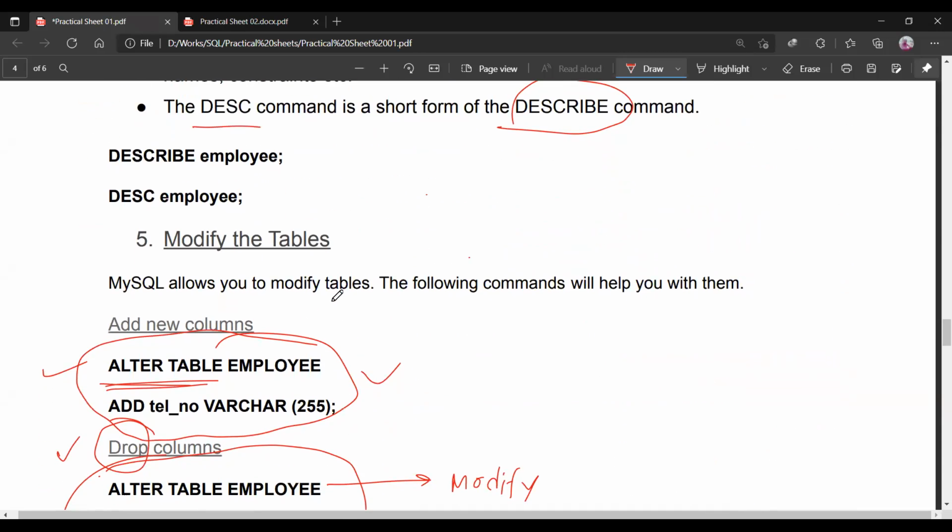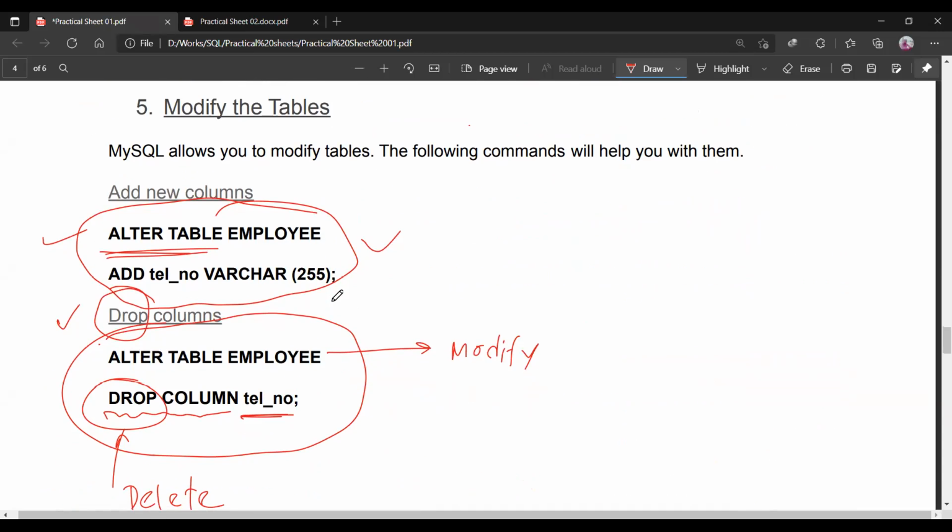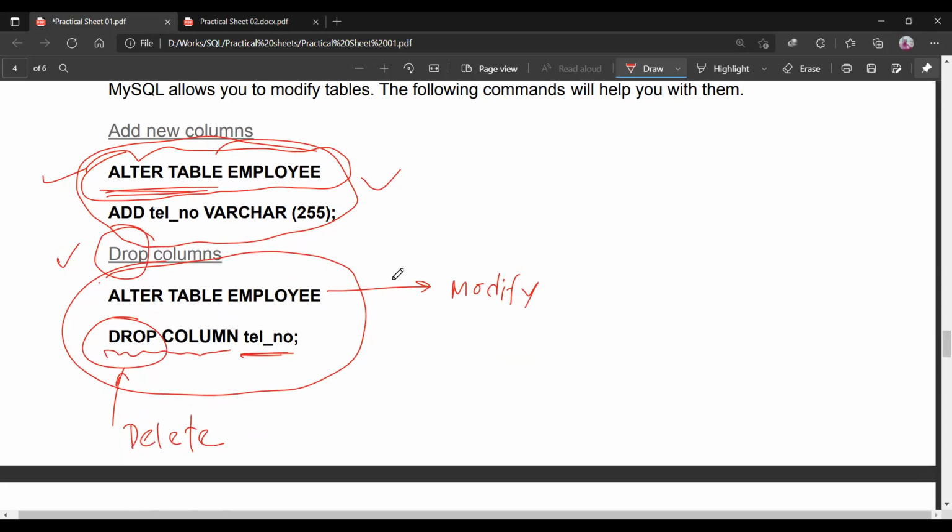If you want to add something after creating a table, you can use alter table there. If you use alter table, you can insert values after that. And if you want to drop a column, you can use alter table employee